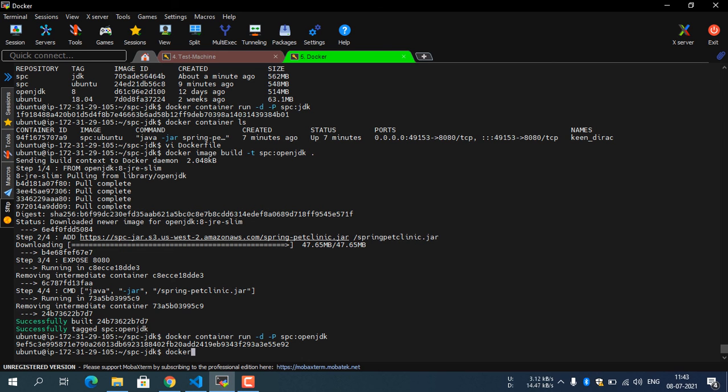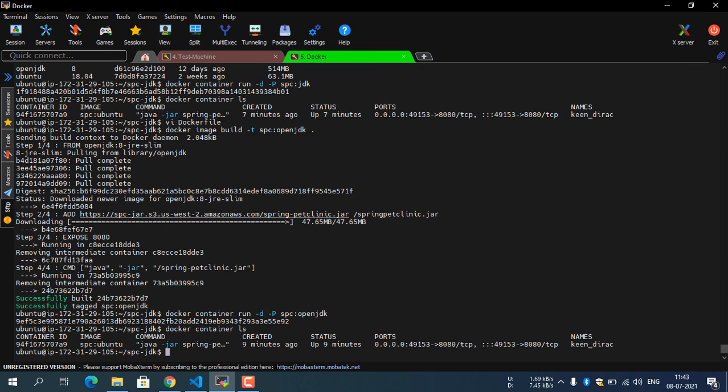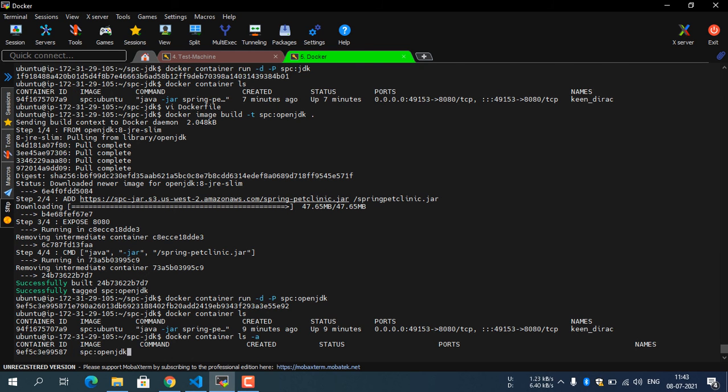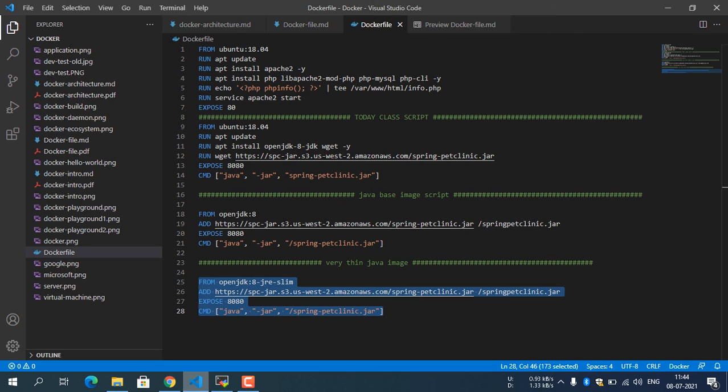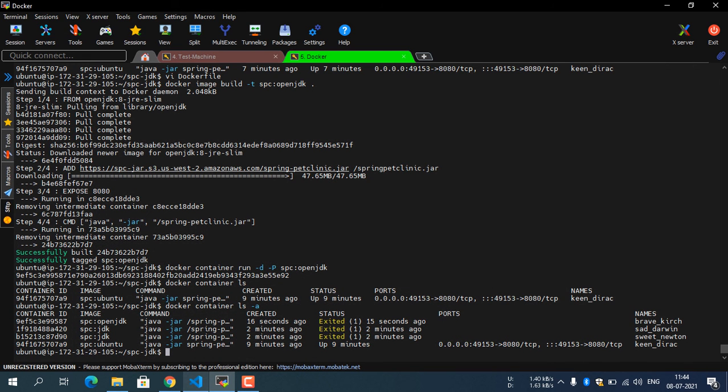Then docker container ls. Yeah, the container started and exited.